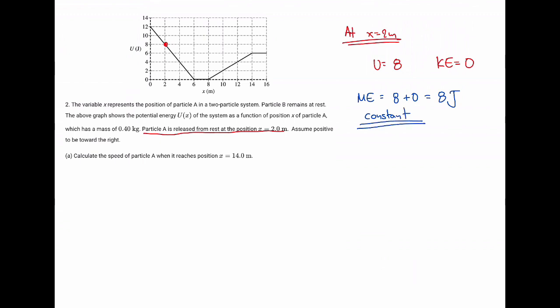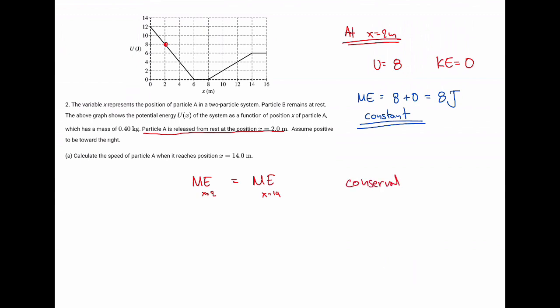And we know that this is a potential energy, so the force is conservative. That's why the mechanical energy remains constant. So now we can try to answer part A, which is to find the speed as the object is reaching a new position. Now, what we can do is say that the mechanical energy at the position of 2 meters is equal to the mechanical energy at the position of 14 meters, and this is because we have only